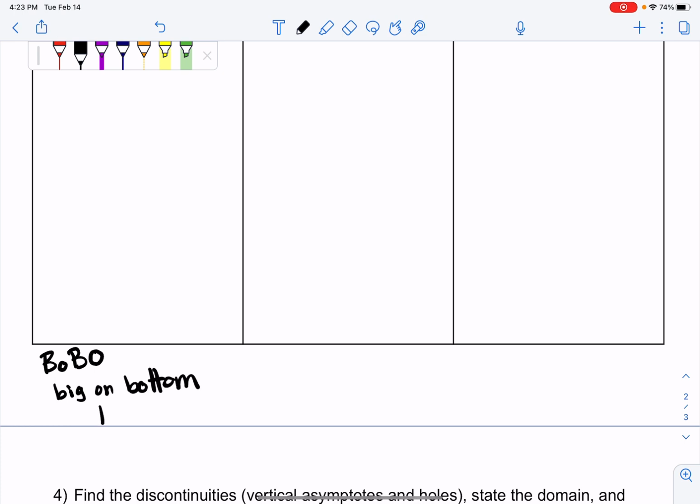The horizontal asymptote will be y equals 0. So bigger on bottom, y equals 0 is the acronym for BOBO here. This is referring to the exponent values. So an example of this would be like x over x squared. Well, the exponent on the bottom is 2 and the exponent on the top is 1. Therefore, this is bigger on the bottom, and the horizontal asymptote would be at y equals 0 for that rational